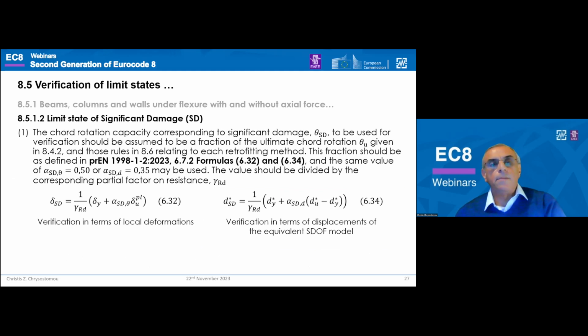For the limit state of significant damage, the chord rotation capacity corresponding to significant damage, to be used for verification, should be assumed to be a fraction of the ultimate chord rotation. And this was mentioned also by Tatiana, so I'm not going to spend time on this. Therefore, the same values are being used here, 0.5 and 0.35, to take part of that plastic rotation and add it to the yield part of the rotation to do the verification. And of course, it has to be divided by the corresponding partial factor, which is going to be different now